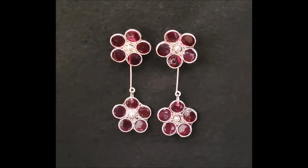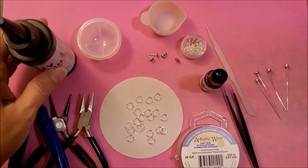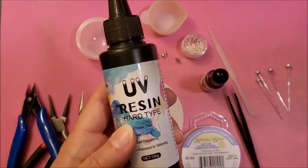Hello everyone, in this video I'm going to be showing you how to make these beautiful, elegant flower earrings. Let's get started. The supplies you're going to need are UV resin,